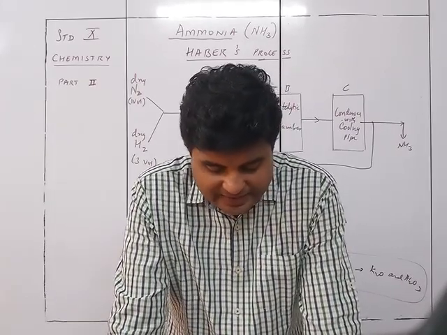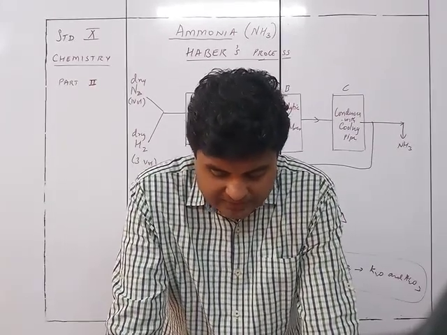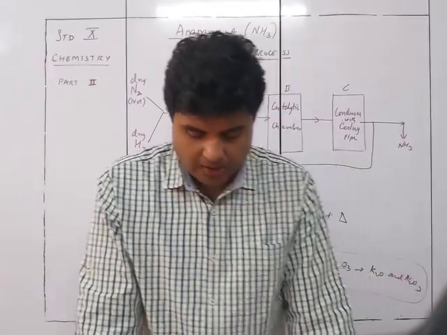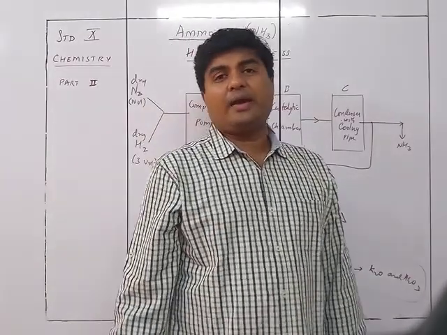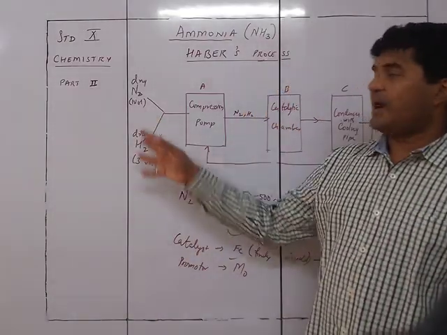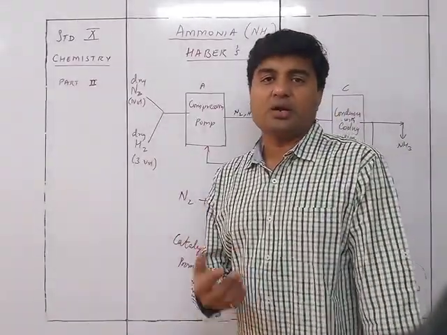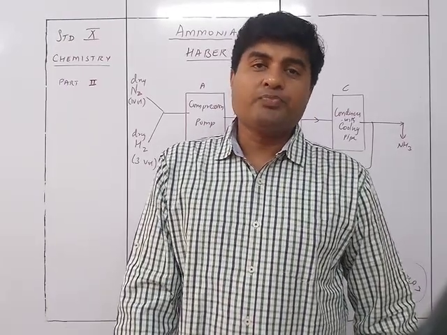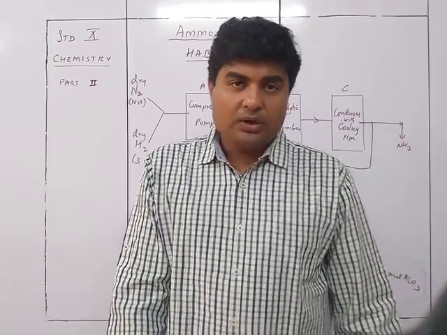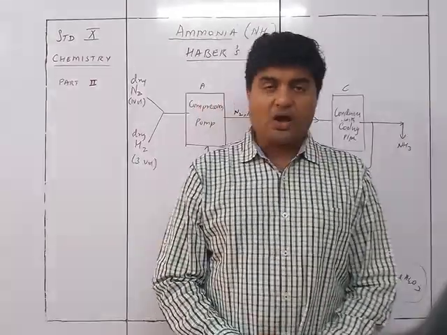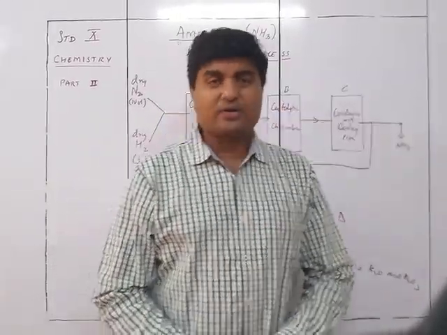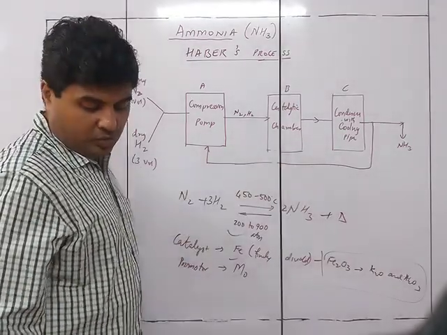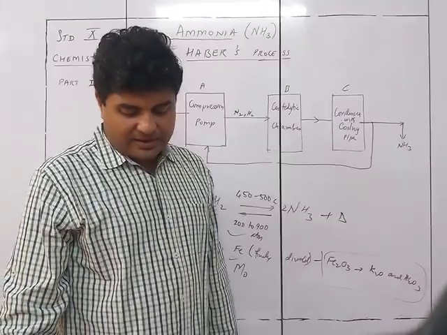Precautions: impurities like CO, CO2 and H2S may poison the catalyst. Hence the hydrogen and nitrogen reactant mixture must be free from that. We cannot just use any hydrogen and nitrogen. We need to see to it that it does not contain too many impurities, because if you are using something which can give out carbon dioxide or carbon monoxide or hydrogen sulfide, then it is going to poison the catalyst.